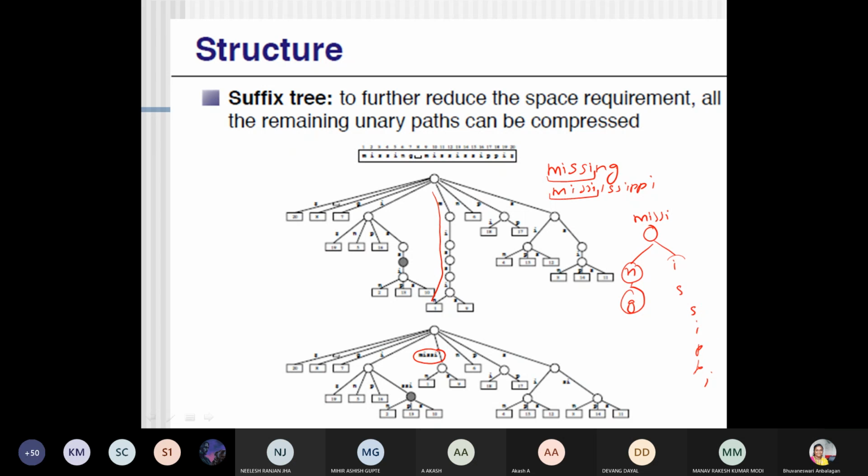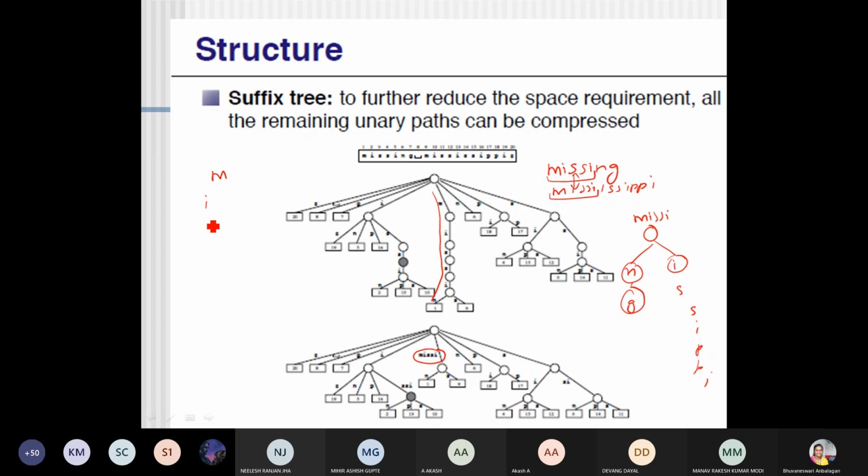What is the use of the suffix tree is you can compress any two words that have some common pattern. Based on the pattern you can reduce the tree storage structure even more, in order to make efficient use of the disk storage, because otherwise we would be storing this two times.